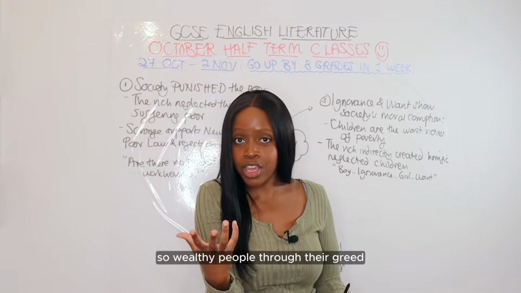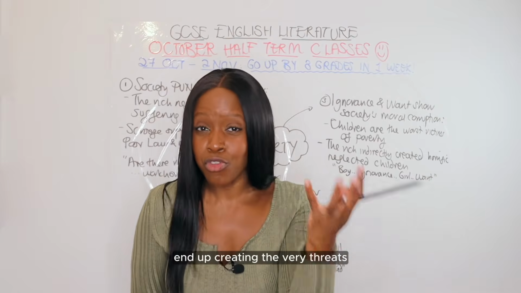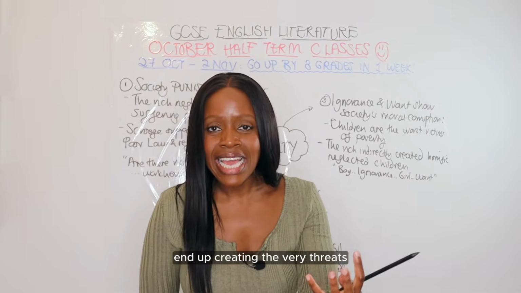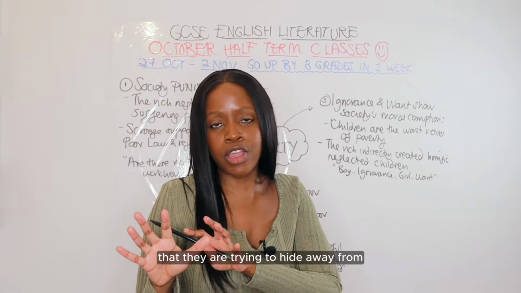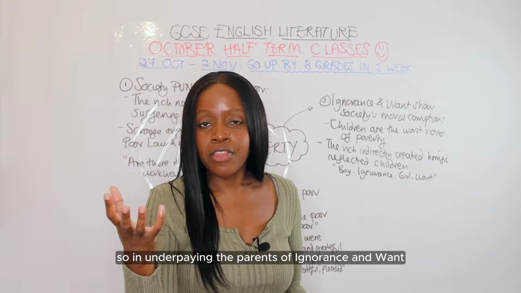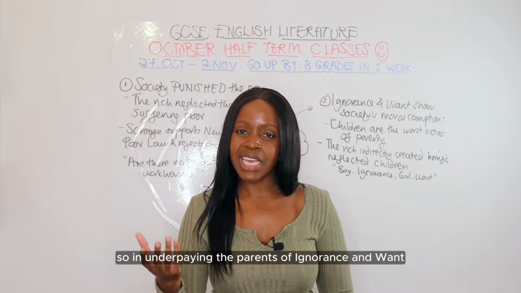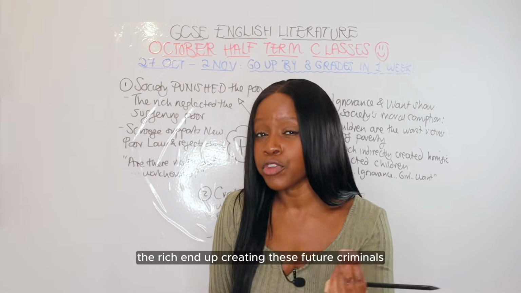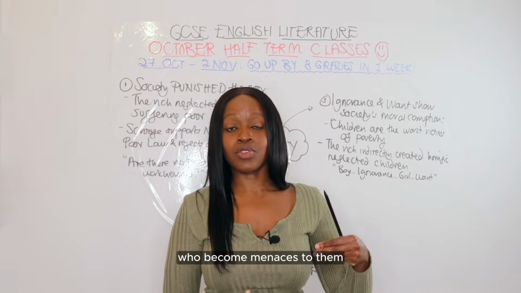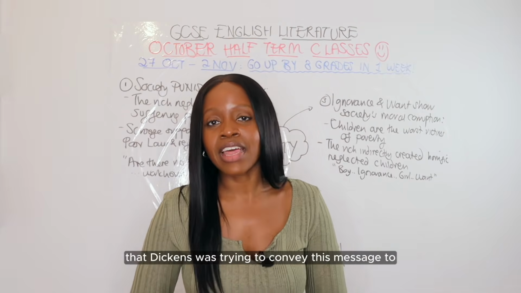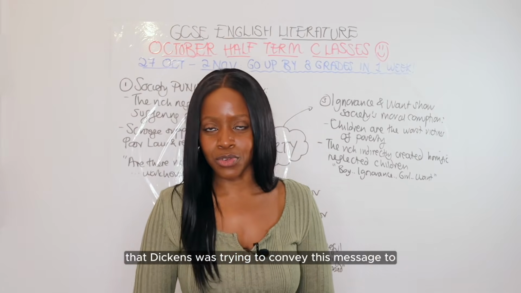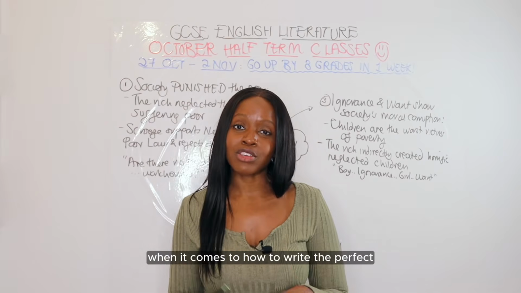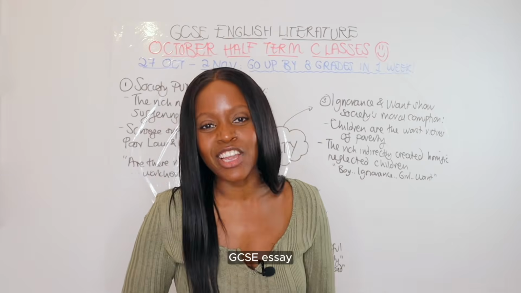So wealthy people, through their greed, actually indirectly end up creating the very threats that they are trying to hide away from, right? In underpaying the parents of Ignorance and Want, they end up creating these future criminals who become menaces to them. And this is for the rich readers that Dickens was trying to convey this message to, okay? So that's really it when it comes to how to write the perfect GCSE essay on the theme of poverty